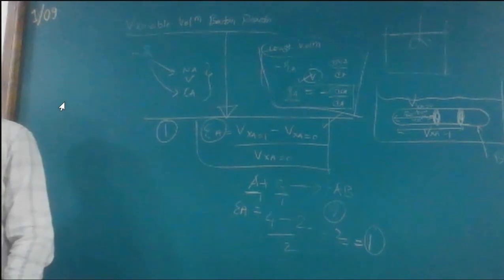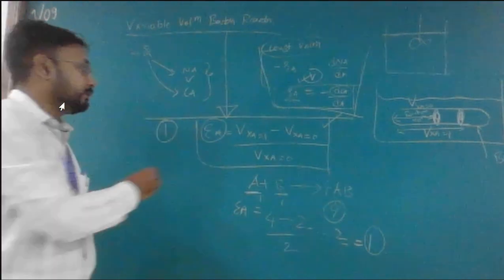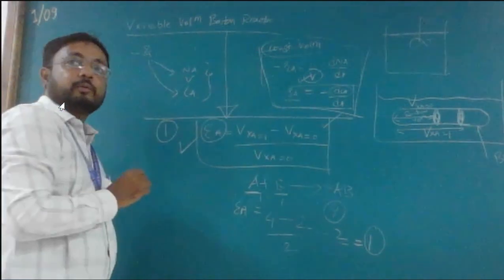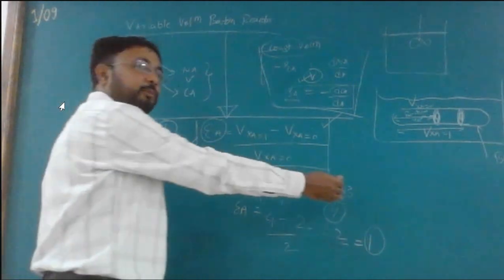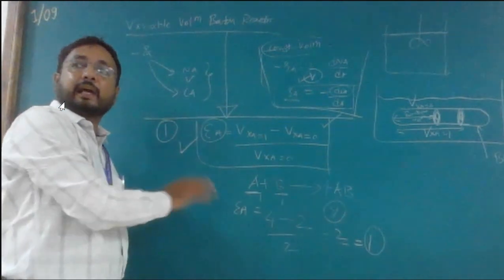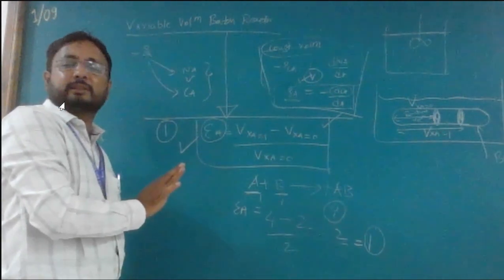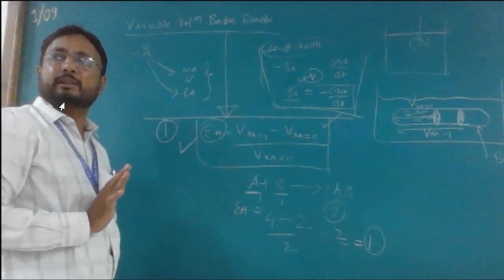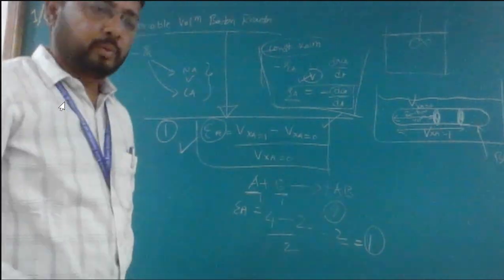By using this relation, we are going to calculate the volume. This is a fractional change in volume. By using the number of moles present at the product level and the number of moles at the reactant level, we can calculate the epsilon value. Simple thing we can calculate. Is it okay? So now we can consider